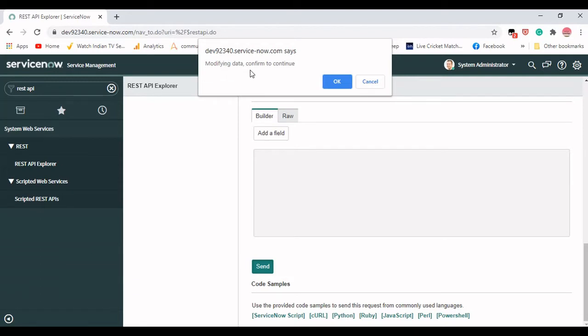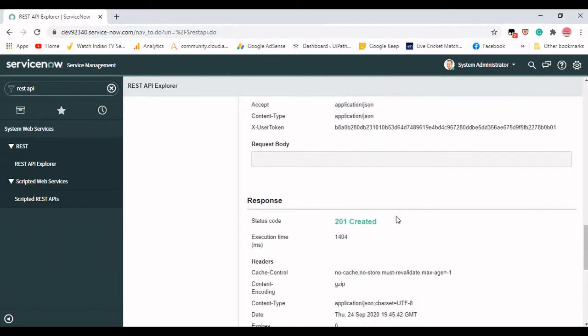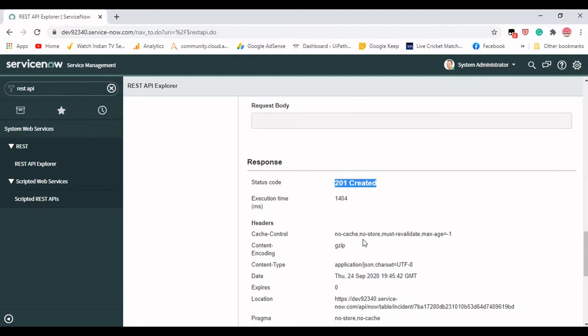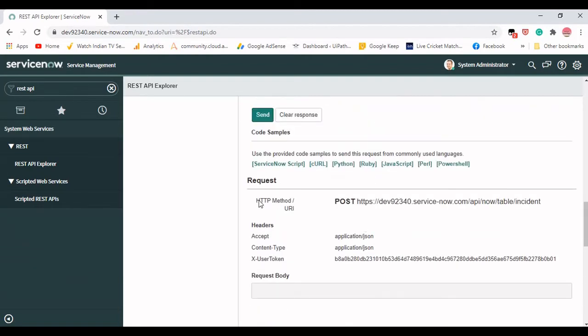Here it says it is modifying data, confirm to continue, and click on OK. Then you can see that the response is successfully created, which is 201. Here you can see the HTTP method given to us, which is POST, and the URL, and use the provided code samples to send the request from commonly used languages.